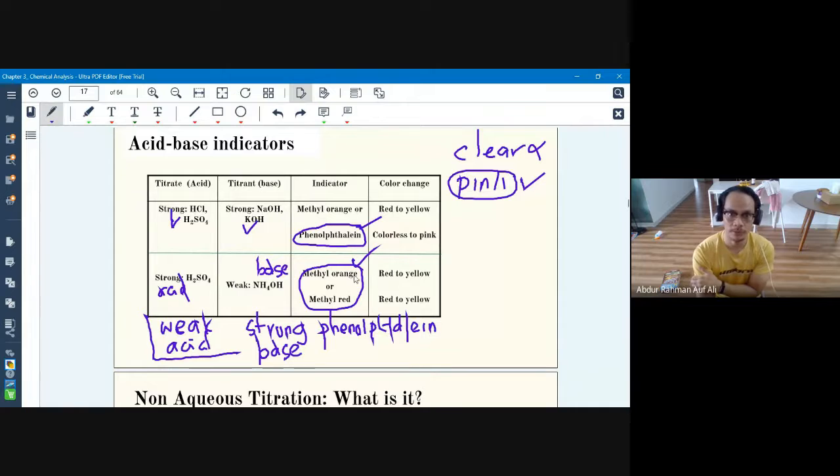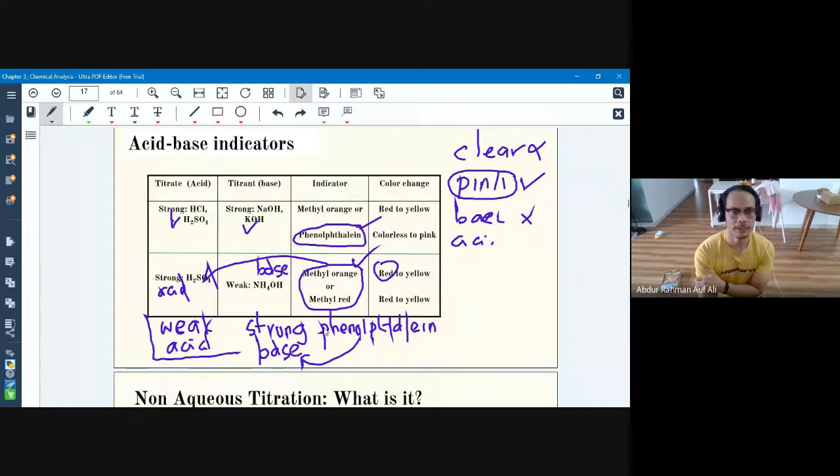Okay, so the same goes untuk methyl orange lah. Kalau kita add dalam base, no change, no color. Dia other way around, dia terbalik. Tapi kalau kita add dalam acid, dia akan bertukar warna jadi red. Okay, dia terbalik. So that's why they recommend kalau ada a strong acid, tapi kita titrate dengan a weak base, guna methyl orange. Tapi kalau kita titrate a weak acid dengan strong base, guna phenolphthalein. Because phenolphthalein react dengan strong base, methyl orange react dengan strong acid.